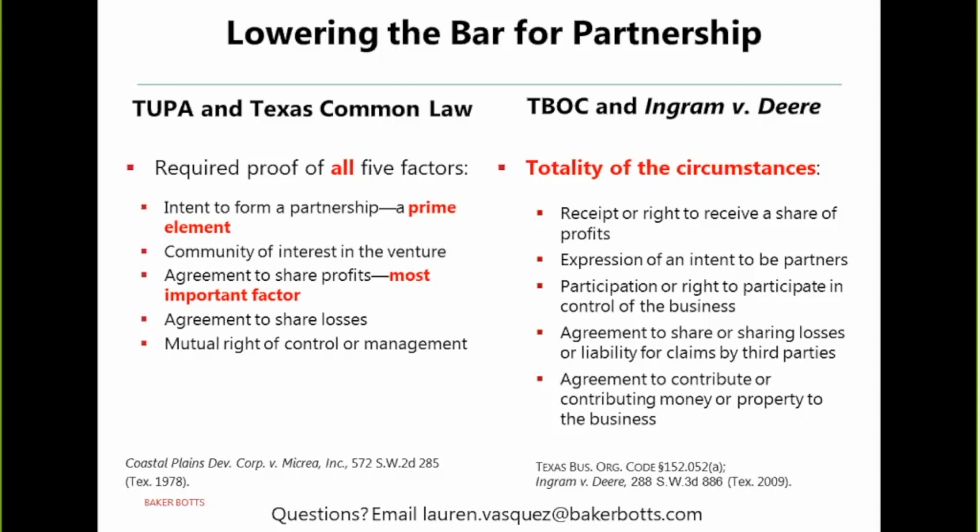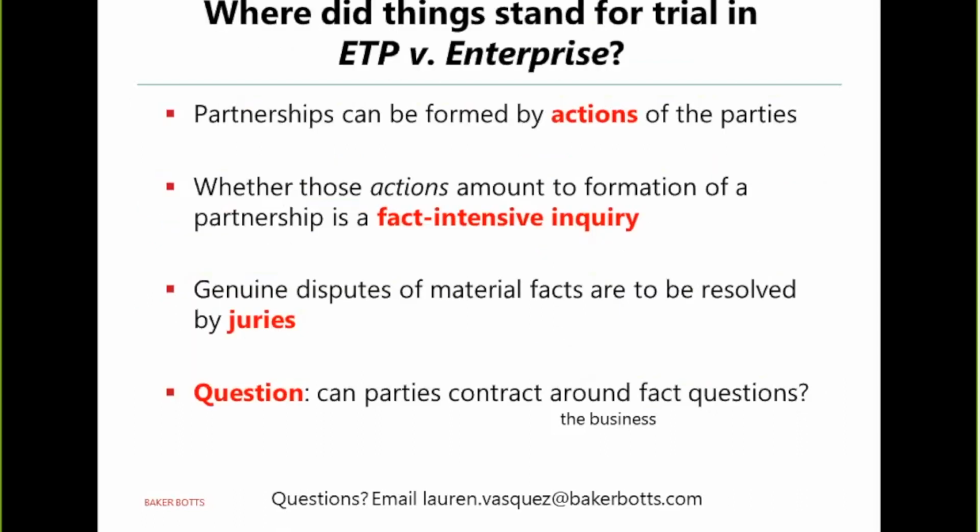In fact, under the TBOC scheme, it is fair to say, and courts have described, that intent may not be required. An association of two or more persons to carry on a business for profit as owners, regardless of whether the persons intend to create a partnership, can be sufficient for formation of a partnership under TBOC and Ingram versus Deere. So that brings us up to where things stood at the time of the trial in ETP versus